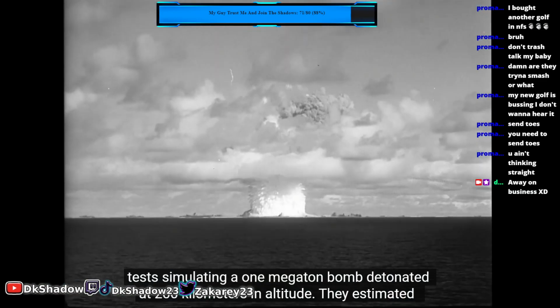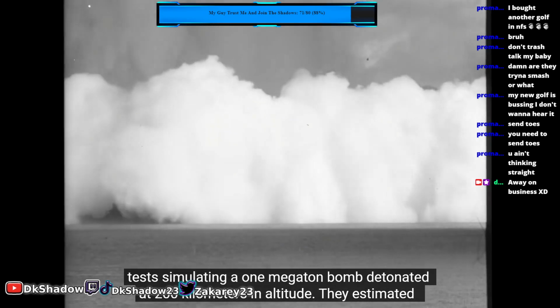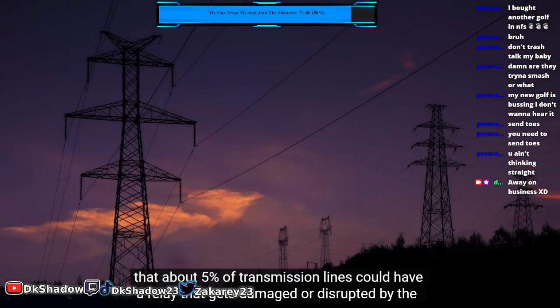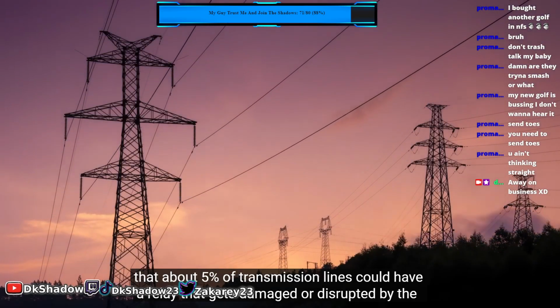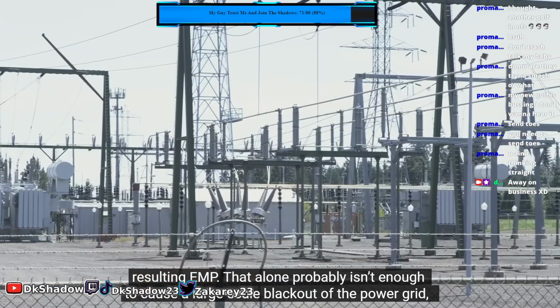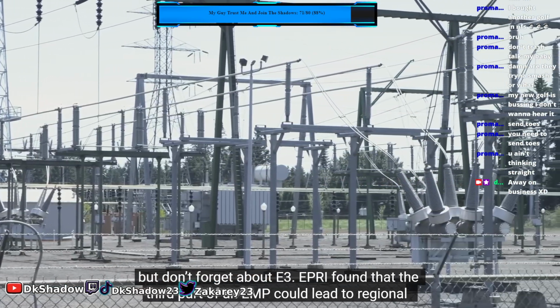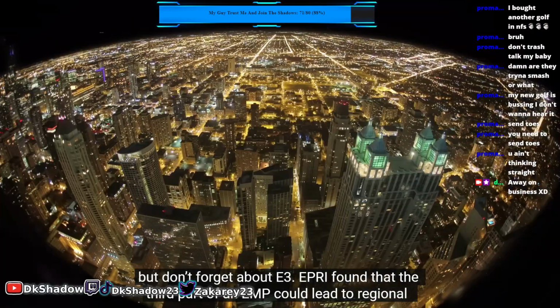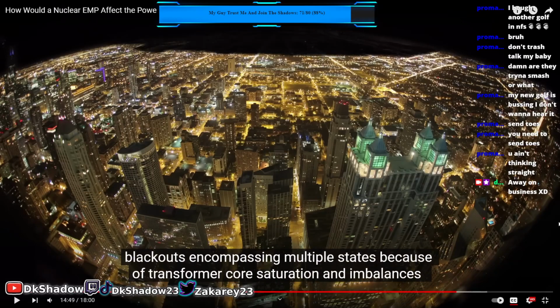EPRI did tests simulating a 1 megaton bomb detonated at 200 kilometers in altitude. They estimated that about 5% of transmission lines could have a relay that gets damaged or disrupted by the resulting EMP. That alone probably isn't enough to cause a large-scale blackout of the power grid, but don't forget about E3. EPRI found that the third part of an EMP could lead to regional blackouts